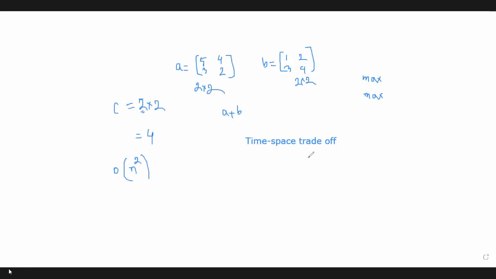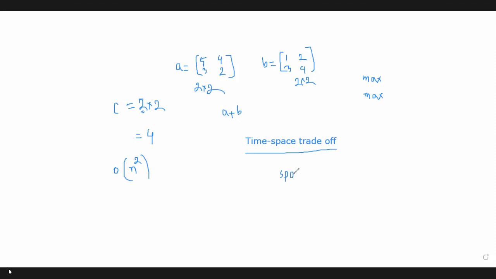So in that case, we have to use this concept of time-space trade-off. What is time-space trade-off? If the space complexity of an algorithm is maximum, we have to find a way to reduce the time complexity. Suppose we are solving a problem with a large data set. For that large data set, obviously space complexity will be maximum, right?